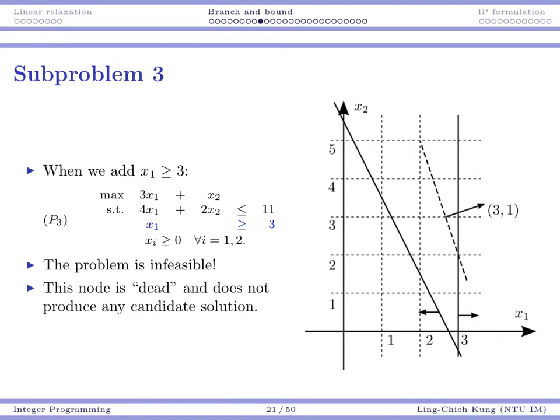Okay, and that means we do not need to consider this node anymore because this node does not give us any candidate solution. Okay, or graphically, you can say the left-hand side part contains an optimal solution, and indeed that's true because above this line there is no feasible points. Okay, so